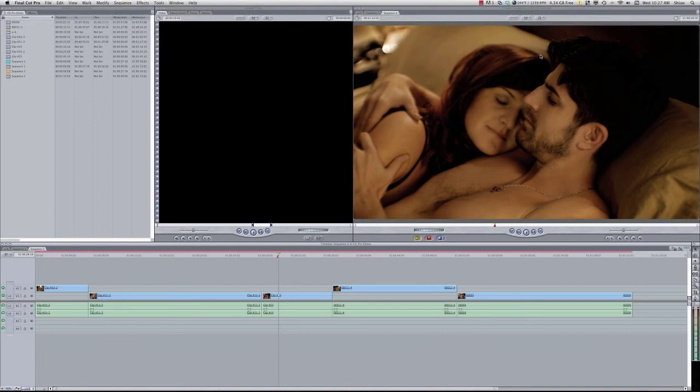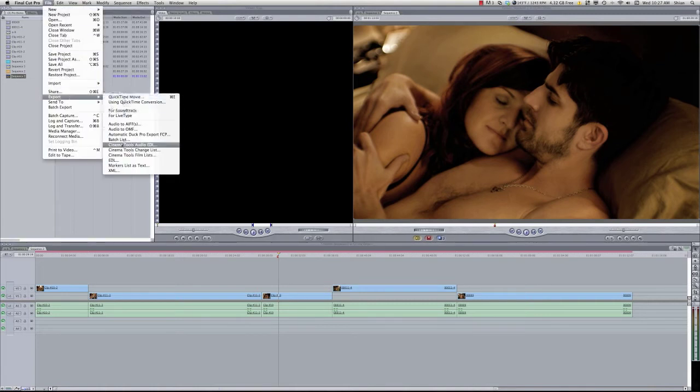Okay, in this lesson I'm going to take a look at how to export an XML from Final Cut Pro and Premiere Pro and import those XMLs into DaVinci Resolve. So first things first, exporting an XML. This is sequence 2. I want to make sure that I have sequence 2 selected. Go File, Export, XML,